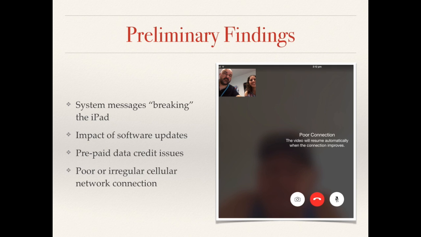A final early finding, and one of the great challenges faced so far, relates to the technical issues that have acted as barriers to engagement with the device. Of particular concern has been the system messages which periodically interrupt the user. These messages have completely thrown participants with no previous experience with computers and have at times convinced them that they have broken the device, resulting in usage stopping until the next face-to-face session.